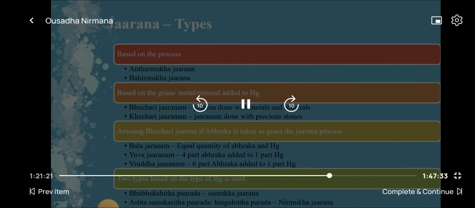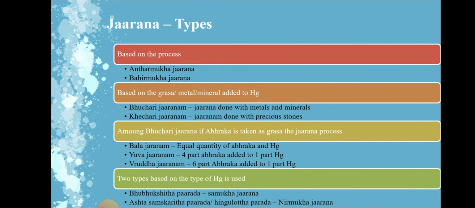Bhujari Jarana and Khejari Jarana. In Bhujari Jarana, Jarana is done with the metals and minerals. Khejari Jarana is the process in which the grasa is taken. Grasa is precious stones, Ratna. Among the Bhujari Jarana, that is Jarana done with metals and minerals, if Abhraga is taken as a grasa,